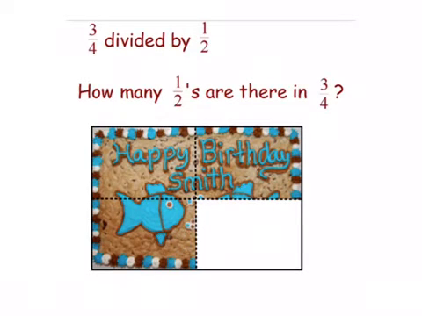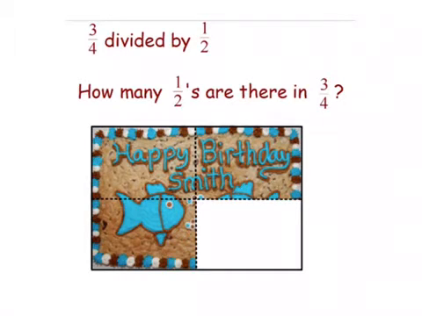All right, so with the last Nearpod that we did, everything worked out to be an even whole number answer, which is great, but it doesn't always work out that way, unfortunately. So I need to show you how to do this when it doesn't work out perfectly. So if I look at this question, 3/4 divided by 1/2, what that's asking me is how many halves are